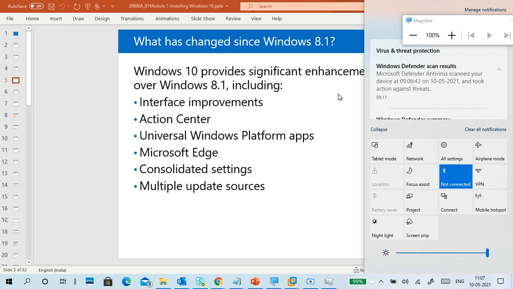Microsoft Edge. Okay, Universal Windows Platform is like Android Studio. If you want to develop an Android application, you need Android Studio, right? Same thing. You want to develop Windows applications for the Windows Store. Windows 10 also has a Windows Store. We can download applications directly from the Windows Store, like your Google Play Store.